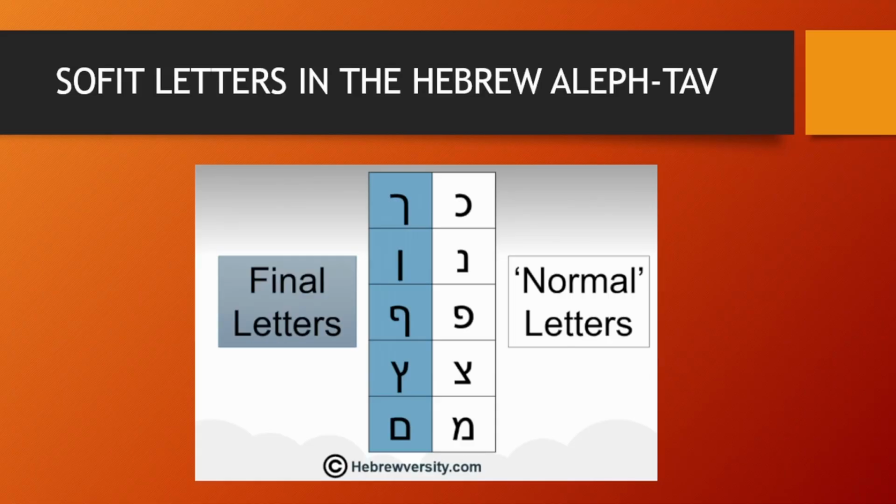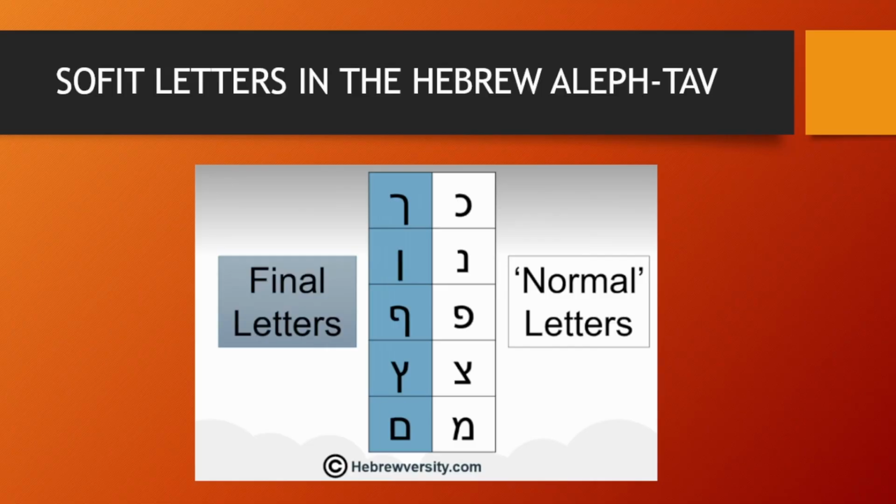Sufit Kaf, Sufit Nun, Sufit Pei, Sufit Tzade, and Sufit Mem, by now saying they have a certain position in a word. If it is Sufit, it means that letter occurs at the end of a word. You will just say Mem. That means Mem can be in the beginning of a word, it can be in the middle, somewhere in the word. But the moment Mem is at the end of a word, we will call it Sufit Mem. So it's just a way to refer to it.